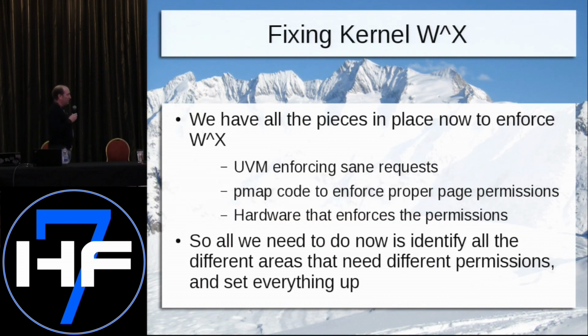So now we've talked about all the pieces that are in place to enforce W^X. We've talked about the OS support, which in the case of OpenBSD is the UVM module and the PMAP layer. We talked a little bit about the processor. The processor has to support enforcing those types of memory accesses and memory controls. So now we've got all the tools on the table to build a W^X policy engine. Now we have to go find where all the regions are that we want to protect. So now we have the ability to do it, but we haven't done anything yet. And that's where I came in last October.